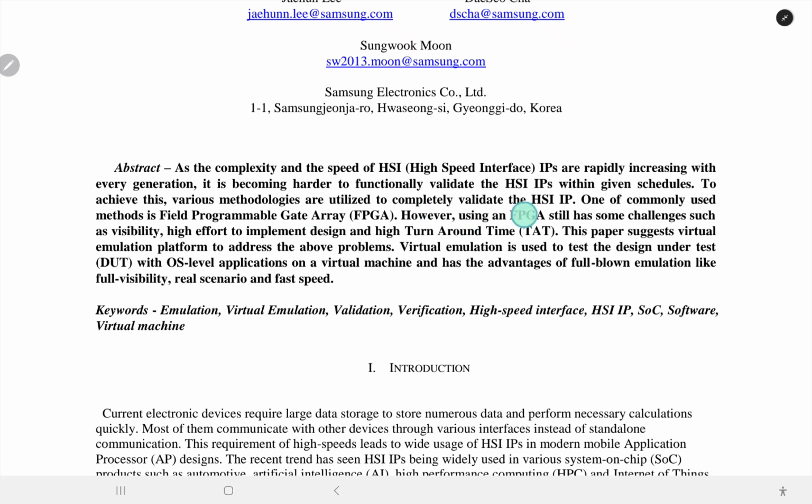However, using the FPGA still has some challenges such as visibility, high effort to implement design, and high turnaround time (TAT). This paper suggests Virtual Emulation Platform to address the above problem. The Virtual Platform is used to test the design under test (DUT) with OS level applications on a virtual machine, and has the advantages for full-blown emulation like full visibility and real scenarios and fast